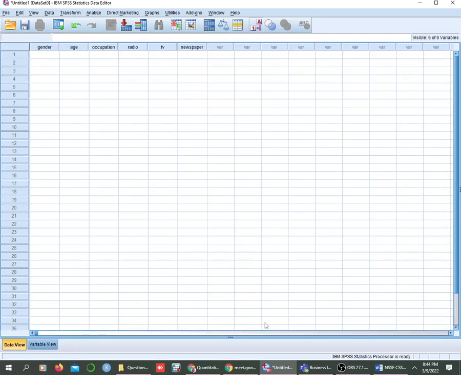So let's see how things should look in the data view. And if you go back, we said data view is the interface where you put cases. And what are cases? Cases